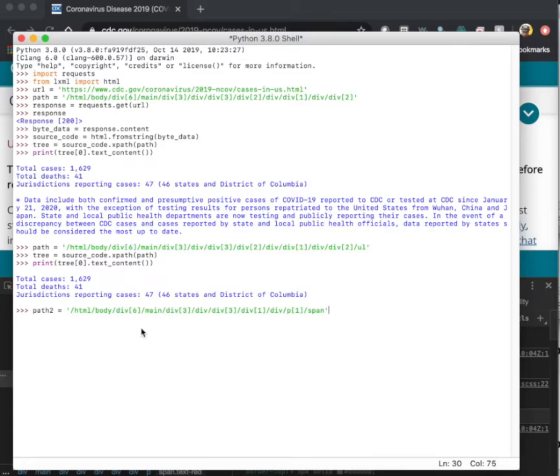All right. So then we can go here. We could do the tree. We'll call this tree2. And then we'll run path2 through it. And then in the print, we could just add a 2 to the tree. So now we get updated March